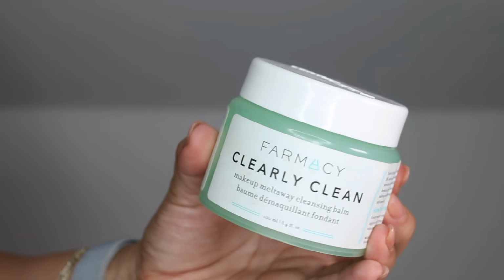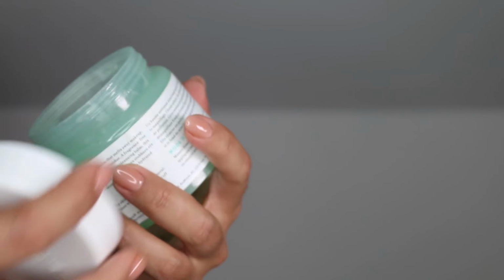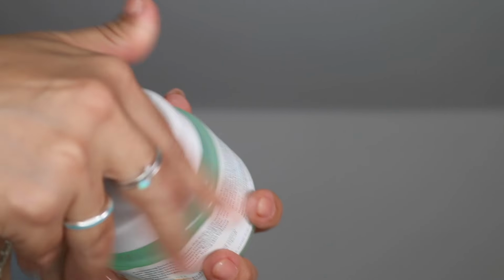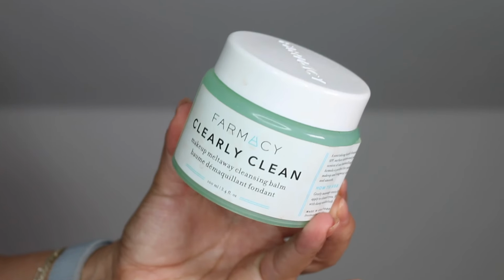I did use the FARMACY Clearly Clean Makeup Melt Away Cleansing Balm. I love this balm because it's essential oil free, and it also includes papaya enzymes that very gently exfoliate the skin. And I do love opening my routine with a balm, especially during fall and winter. So I will be using this again because I do have a backup. So I will be revisiting this once I empty what I replaced it with, which is the